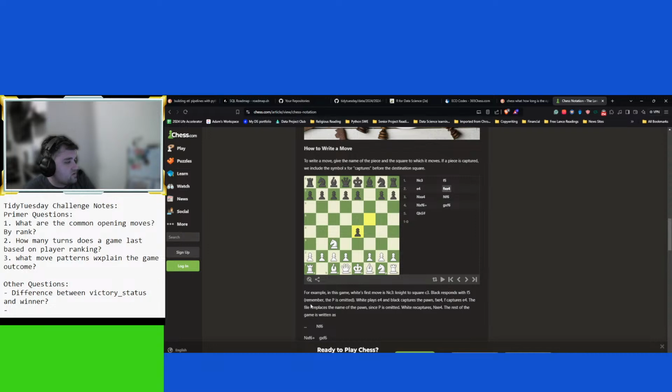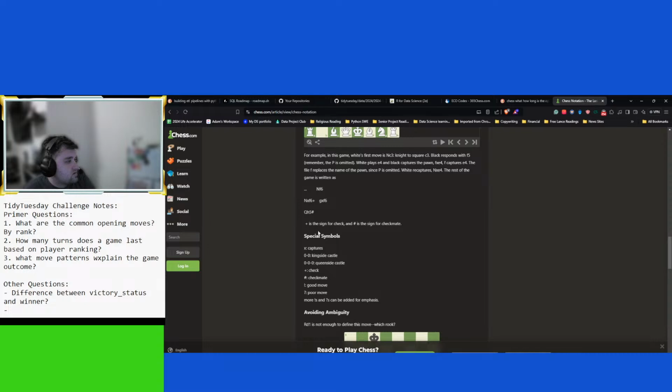Black responds. Remember, P is omitted. White plays e4, captures the pawn. F captures e4. Okay. The file F replaces the name of the pawn since P is omitted. White recaptures. The rest of the game is written. Plus is the symbol for check, and pound or hashtag is the sign for checkmate.